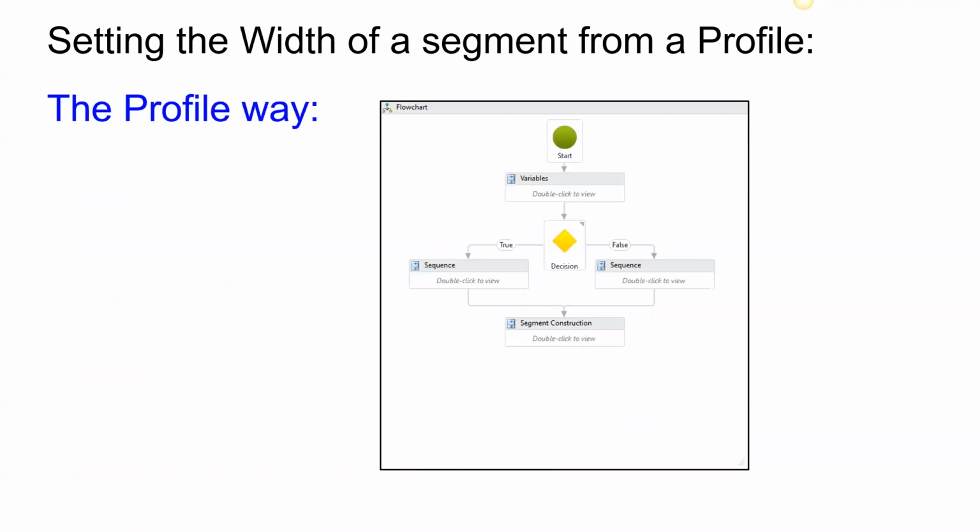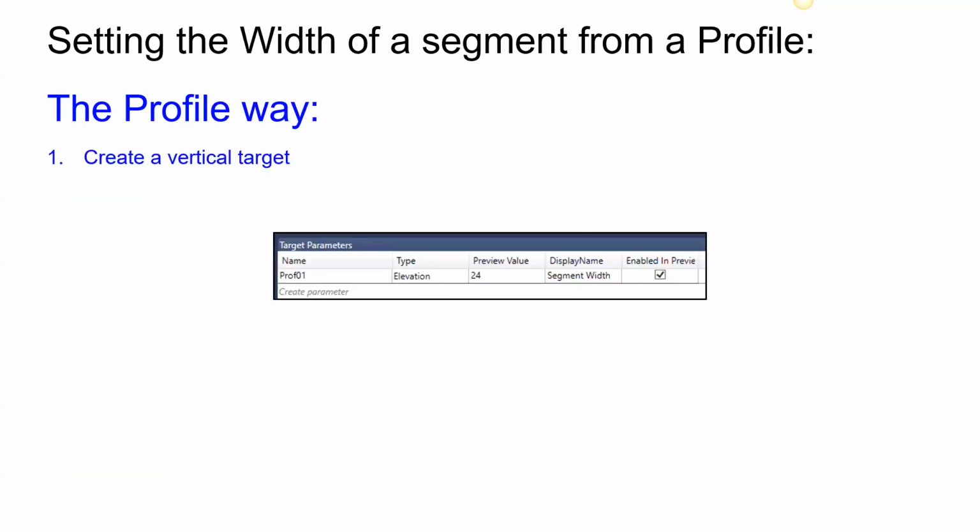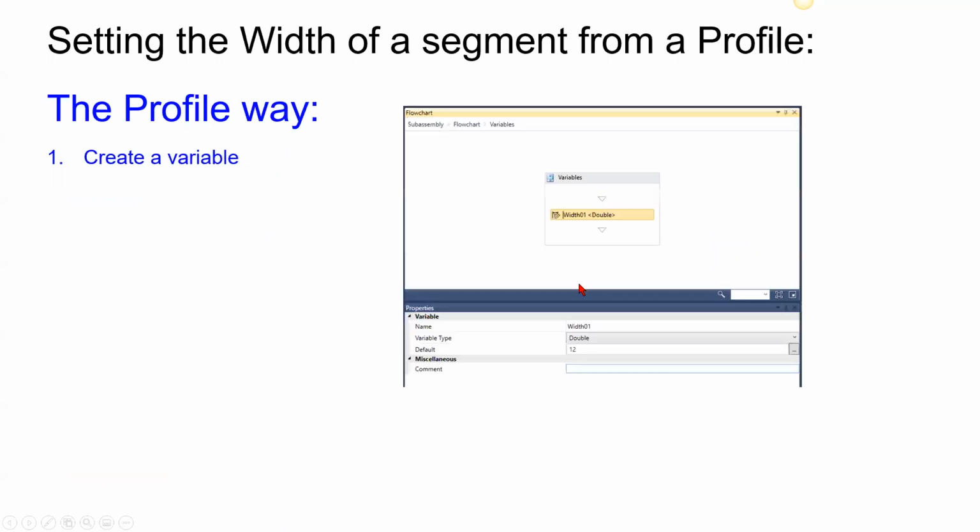The profile way. For anyone that has used Subassembly Composer, this is a generic flowchart that shows me what I'm doing. First thing I'm going to do is create a vertical target, and I just called it profile 01, elevation 24, segment width. I'm then going to create a variable called width 01, and it's a double. By default, I'm going to accept the value of 12